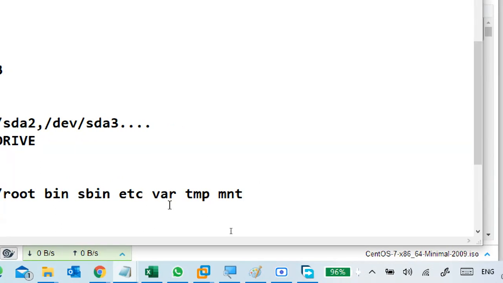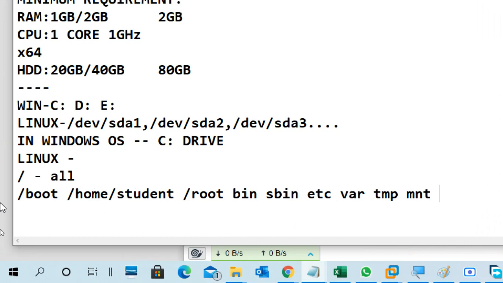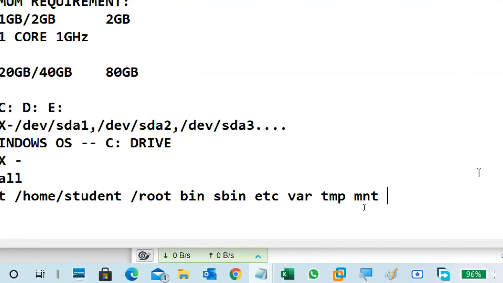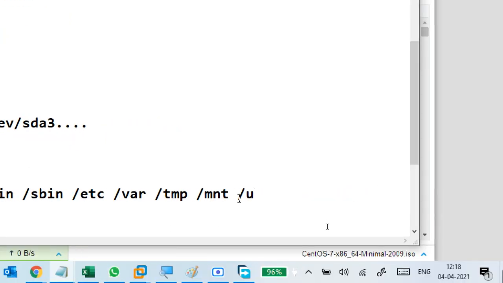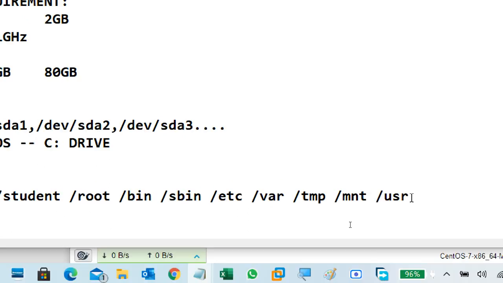All are with the slashes only; otherwise you can remove the slashes. We need a diagram to show it, but I'm just telling you directly: /bin, /sbin, /etc, /var, /tmp, /mnt, and /usr, not user. It is usr only.